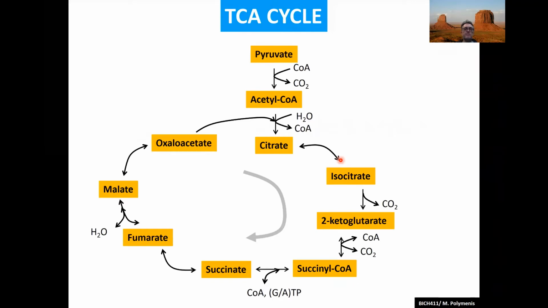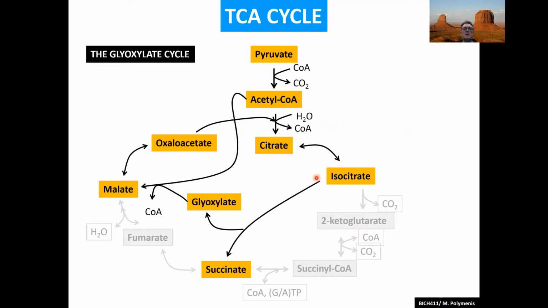It's a bypass. So normally, this is a TCA cycle, going clockwise as we have described it. But all these reactions in gray, so 1, 2, 3, 4, 5 reactions, don't happen in the glyoxylate cycle. So we don't generate this 5-carbon unit and all these reactions here. So we start from a 6-carbon unit, isocitrate, which gets split into 2 compounds, a 4-carbon compound, succinate, and a